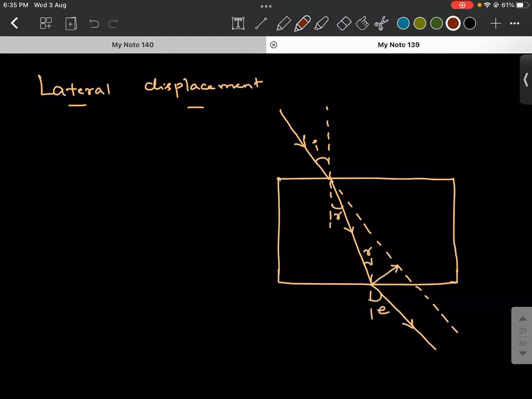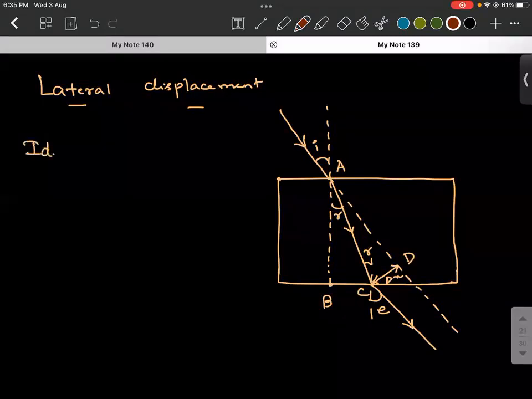And this distance is what we call delta X. So if I take this as A and the extended normal meeting the second refracting surface as B, and if I take this as C and this as E, the idea that I would like to share here is,